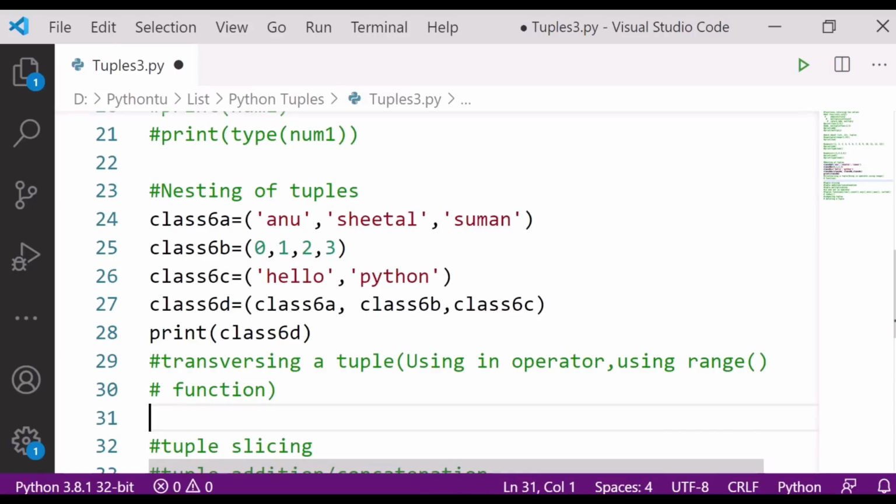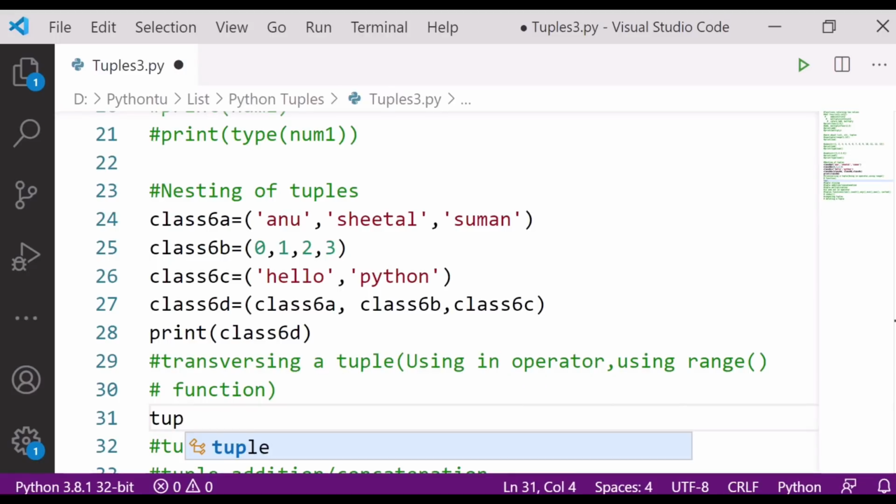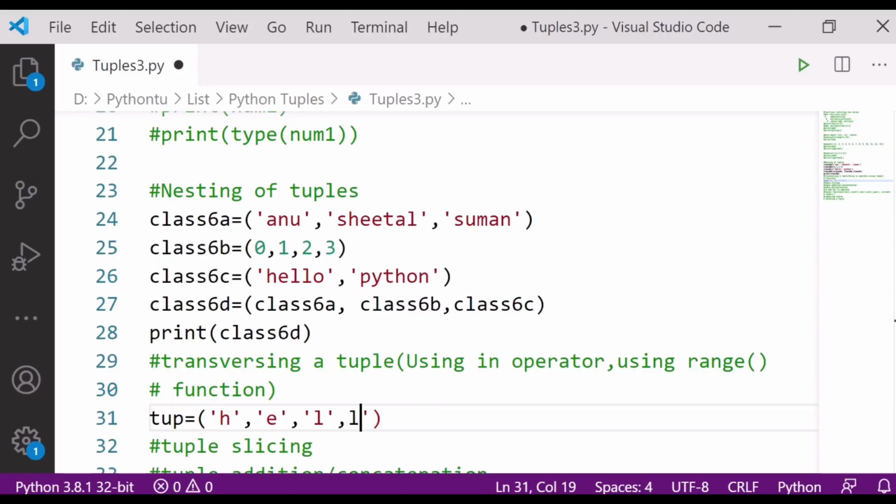For this, let's use the in operator. Suppose my example is a tuple. I am writing here tuple is equal to, let's create, h, e, l, l, o.